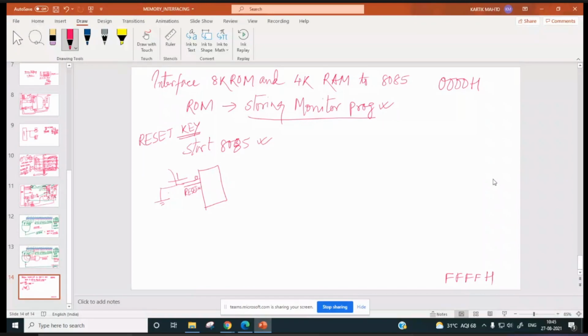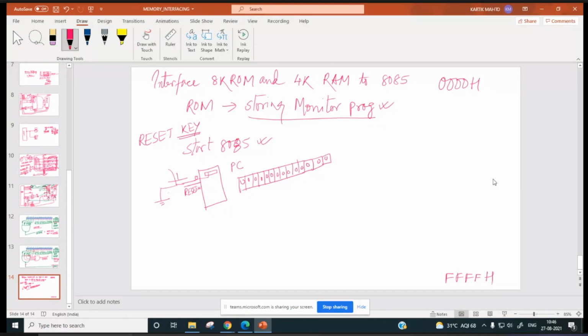It resets the program counter, and all flip-flops of the program counter become 0. So program counter is a 16-bit counter. So all flip-flops are 0.